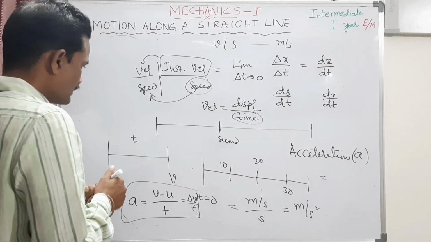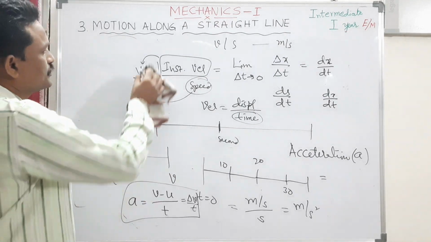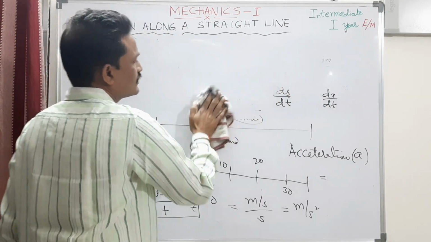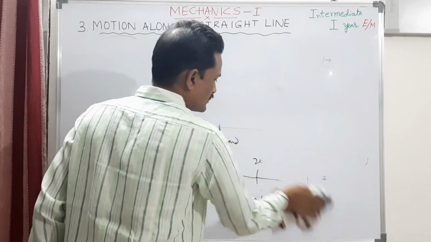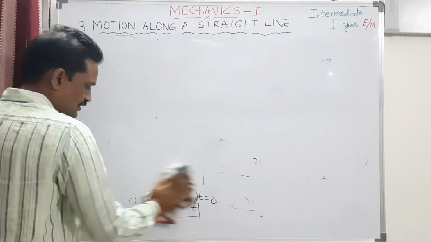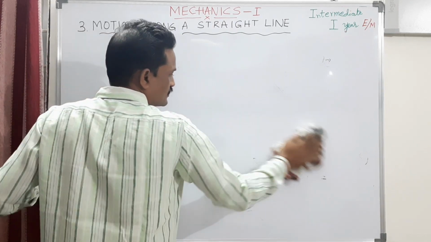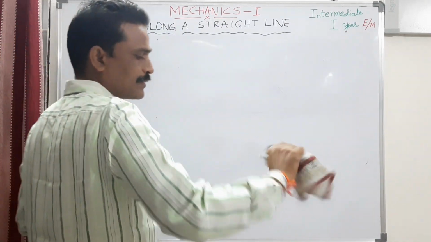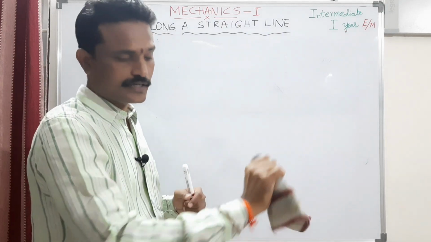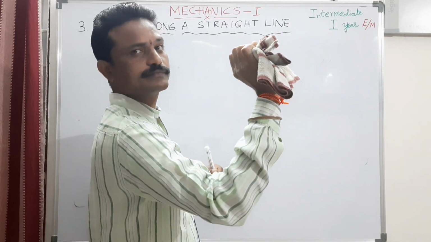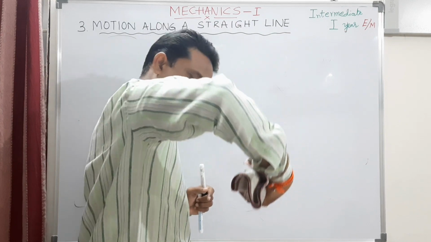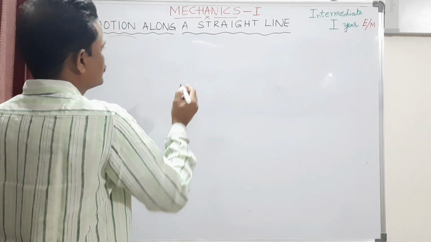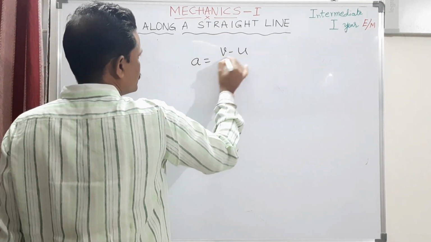In the case of acceleration, we find one more opposite term that indicates the negativity of acceleration, that is called retardation. What do you mean by retardation? I think you understood acceleration. Now you increase the pressure on the accelerator in the case of a car, or you rotate the accelerating bar in the case of a bike in one direction so that the speed increases. If you rotate your wrist in the opposite direction, the speed decreases. That is called retardation.